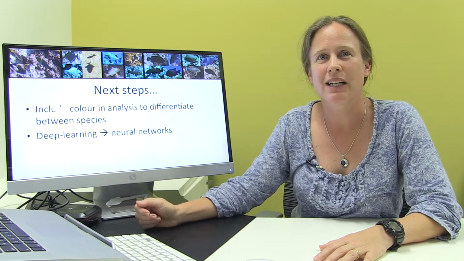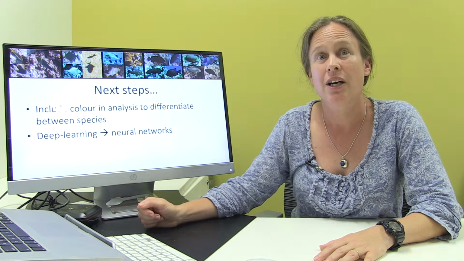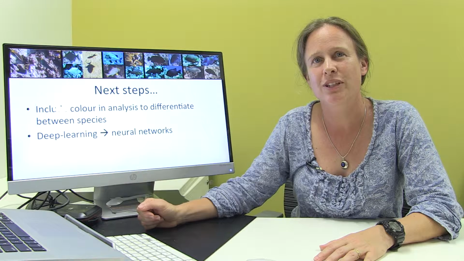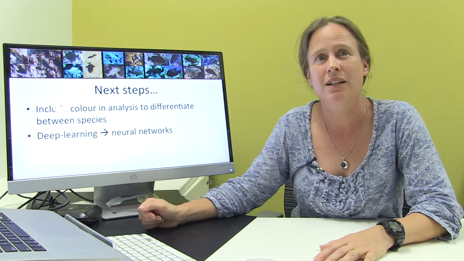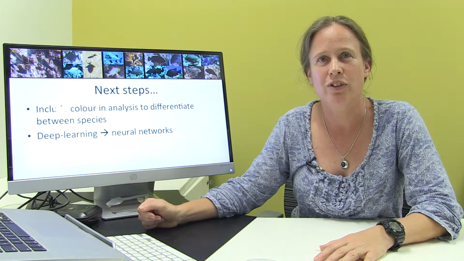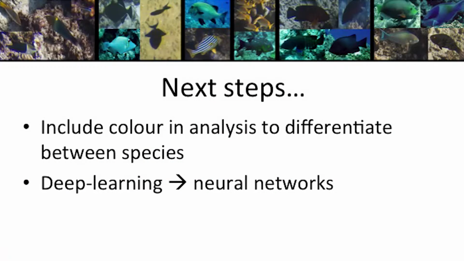So the next step is now to include more parameters to see if we can further improve the accuracy, and also to see if we can identify the species or families of each fish. We need your help to get more labeled images for each family class and more detail on species from fish experts, and then we can train the machine to identify fish. We'll do this in two different ways using two different machine vision approaches: the support vector machines we've used so far, and then a novel approach using neural network methodology.